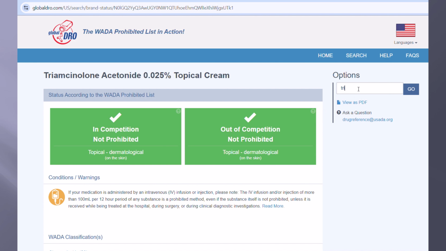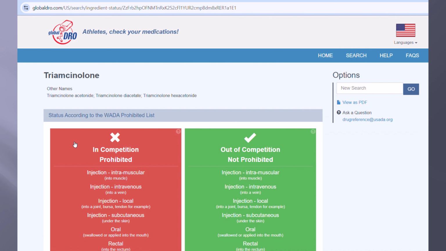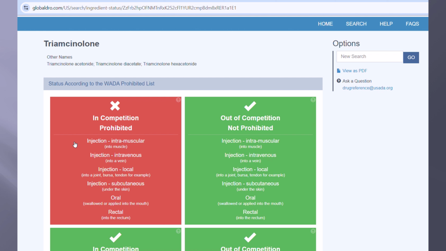If you were to pick triamcinolone for the ingredient itself, let's look at those results. So selecting the ingredient, you can see that the glucocorticoids are going to be prohibited in competition only by specific routes. So currently, as of 2025, the routes that are restricted in competition only are any type of injectable, oral route, or rectal route.